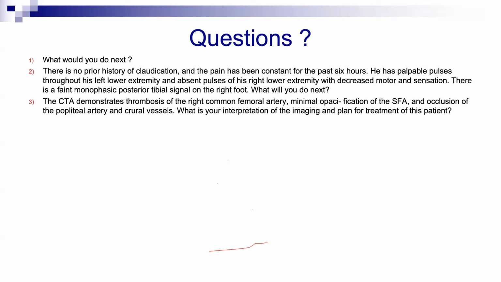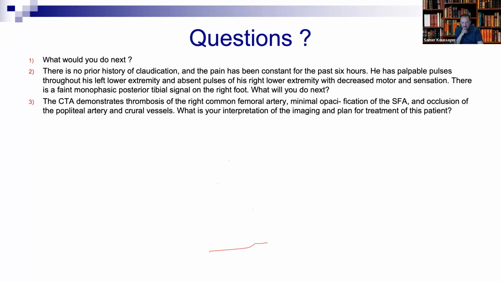I do a Fogarty, right? What's the Fogarty number? You have to know the number. I will start with a large one, 5 French, up and down. 5 or 4? 5 is big. 3 or 4 for the iliac. Don't go more than 4. 5 is for the aorta, too big. Okay, 4.